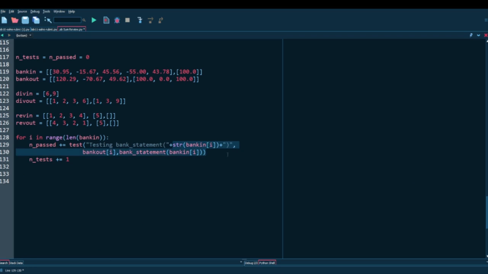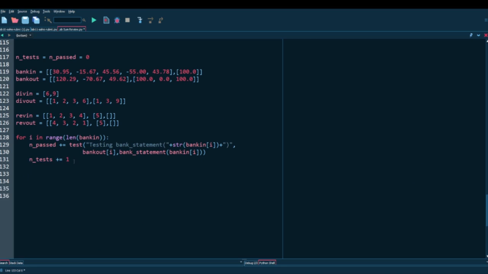So the first time it goes through the loop, this will be put in as the expected value to the function. Then the second time, it will be this as the expected. And the actual is simply the input at index i, so this will take the input here. The first time it will put this in, and the second time it will put this in. And then n tests plus equals 1 after every test, because you want that.